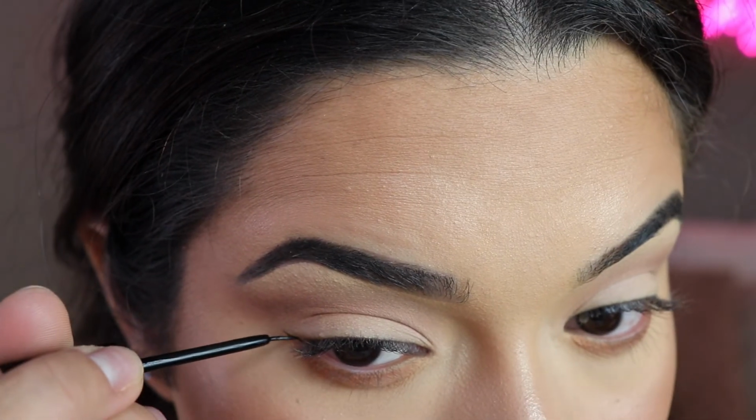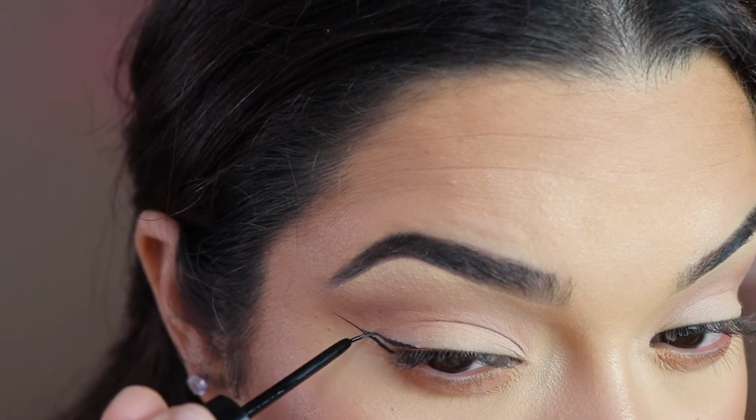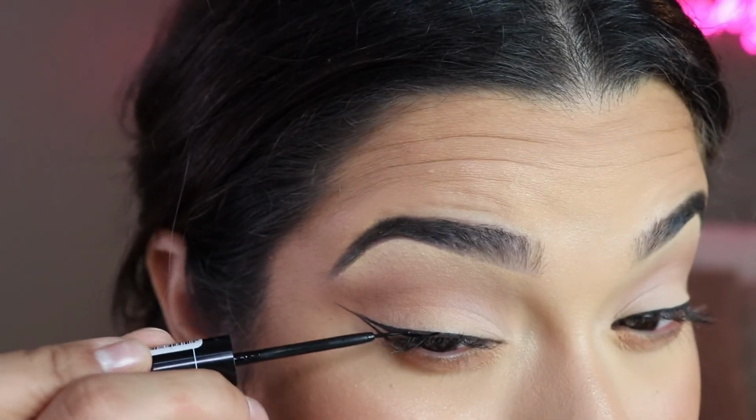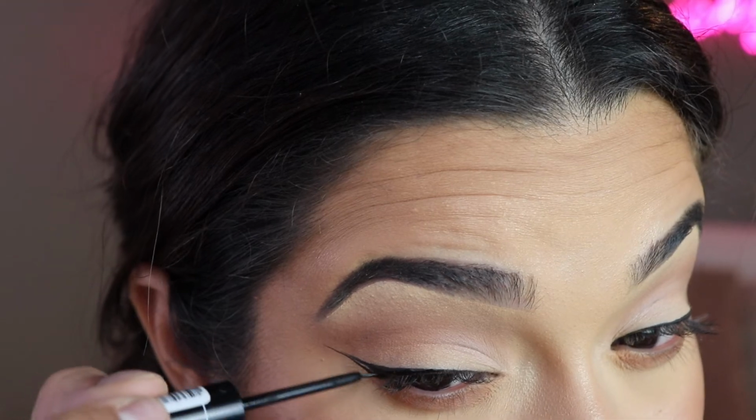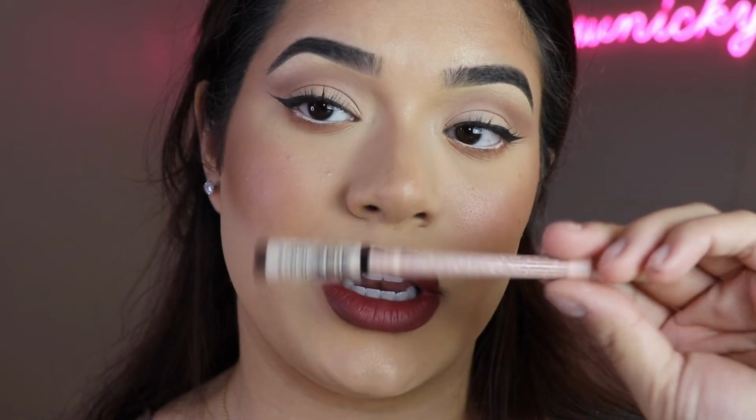And now what I'm going to do is go in with eyeliner. I'm going to use the Essence Precise eyeliner. You guys, I really feel like this is one of the best eyeliners at the drugstore and just in general. I find that it's so insanely easy to work with. Okay, so I put a little bit of the NYX Wonder Pencil in the waterline,